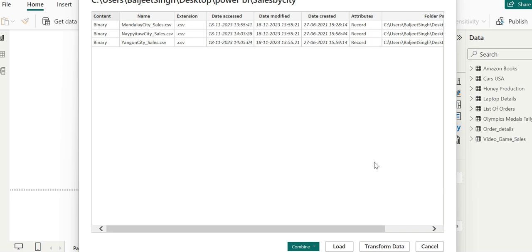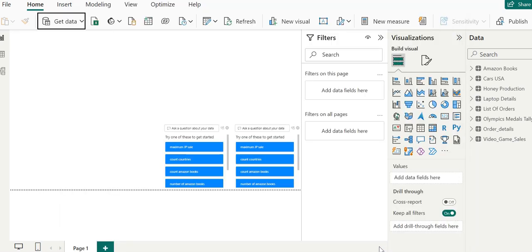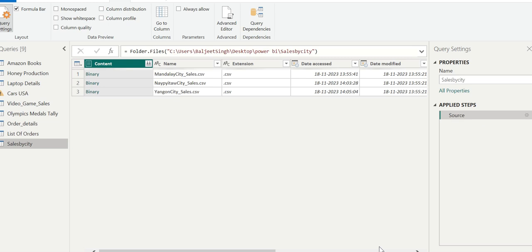So what we will do, we will go to Transform Data. Sales by City has been created and it only contains three rows of data, the same information as in the preview. See the Content column, this one, on the left where each of the values is binary. You will observe each of the binary texts is not regular text; it's something to view that entire CSV data. We will go to it in a little bit.